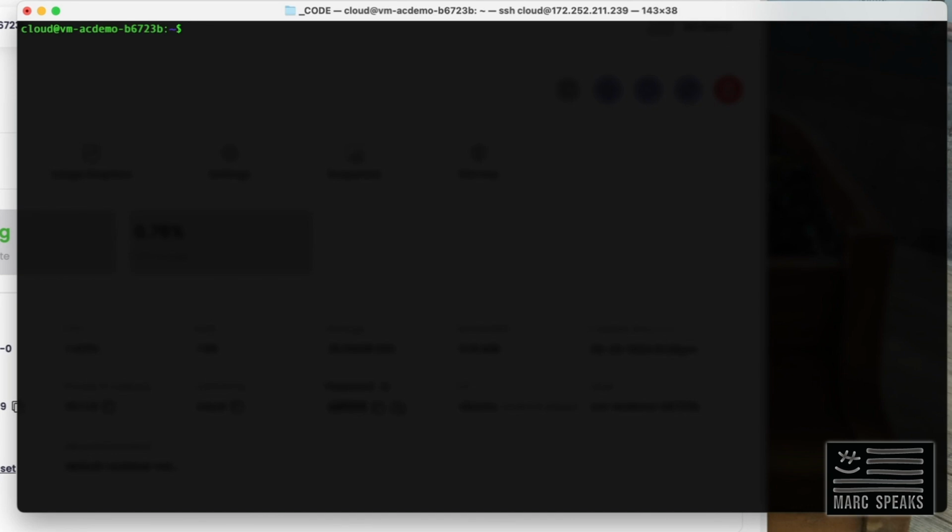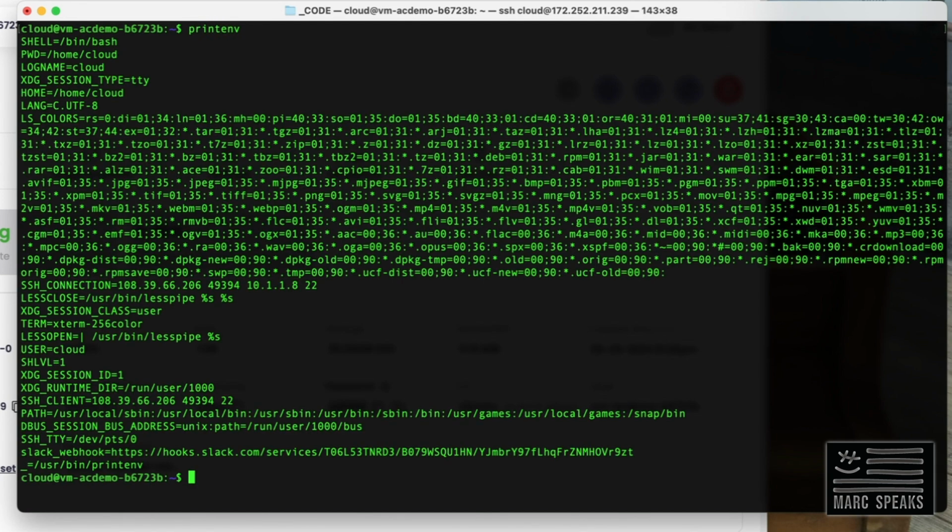So the easiest way to check if that key value pair is included in the environment is to use the printenv command. And we see down here at the bottom, we have SLACK_WEBHOOK equals something ending in 9ZT, and confirming 9ZT, that looks good. On to some Python